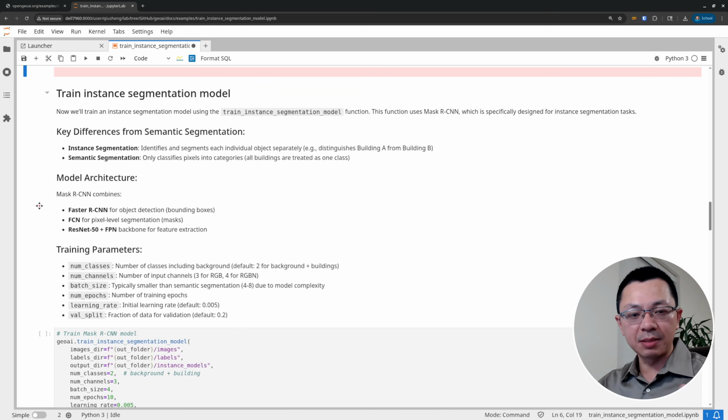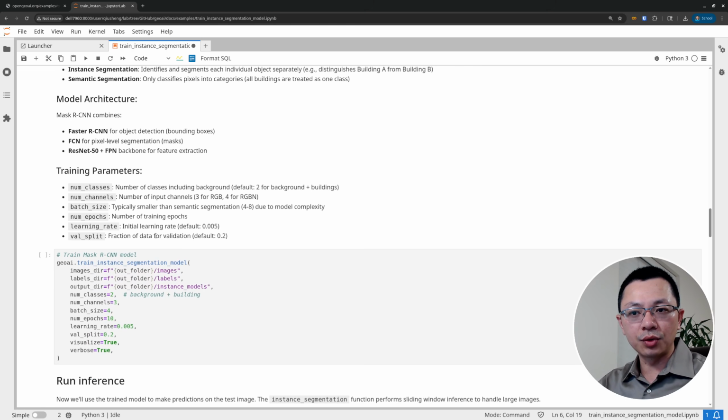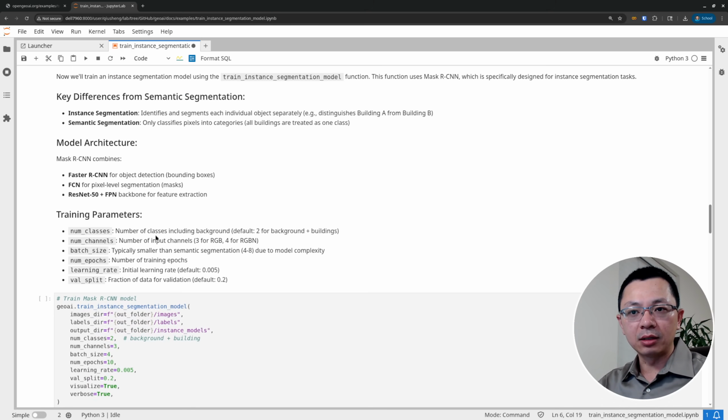Different from semantic segmentation, where each pixel is classified as 1 and otherwise 0, sometimes you have two buildings that are adjacent to each other that are supposed to be two individual buildings. If you're using semantic segmentation, they are basically going to merge together as a single object. So it's kind of a building complex, and that might not be what you want. In this case, you certainly want to use instance segmentation, and specifically under the hood, we are using the